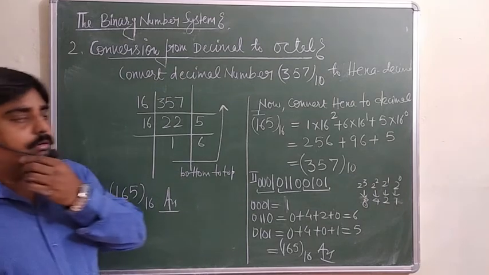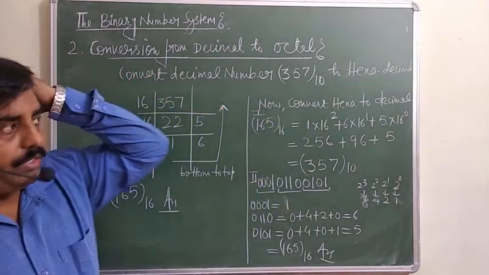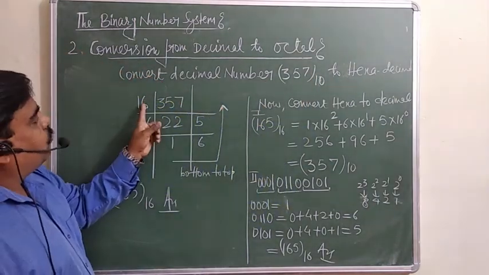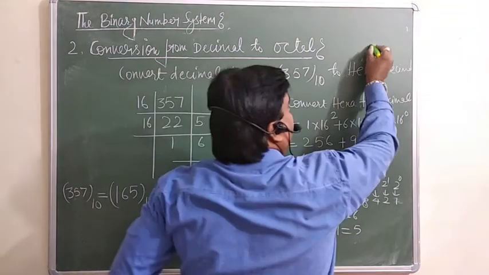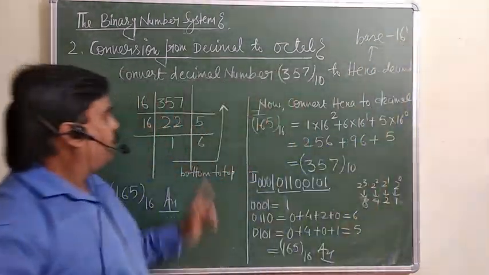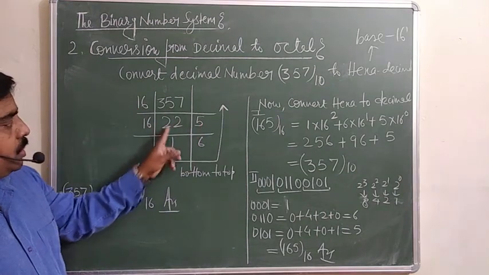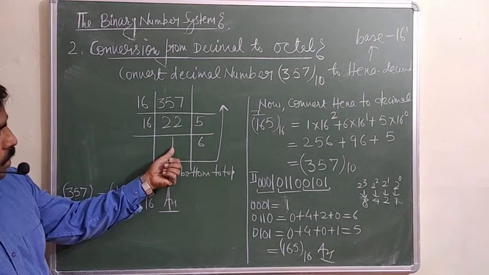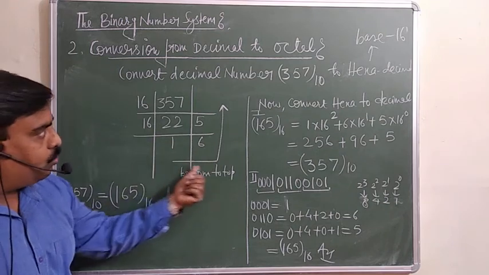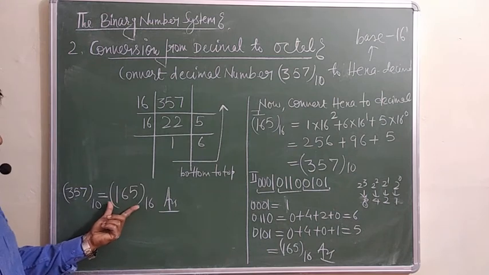Okay, now we will discuss how you can change the decimal into hexa form. Because in case of hexa the base, you know, is 16, you have to divide by 16 as usual. Divide by 16, remainder you must write down here. Divide by 16, write down the remainder. Then here is 1, which cannot be divided. So you have to write bottom to top again. So 165, this is your number in the hexa form.